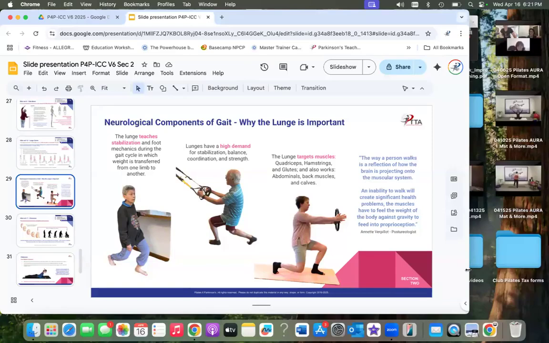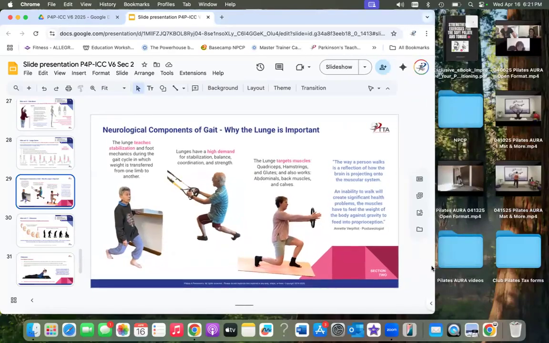Just take a guess. Suspension? The suspension trainer is more challenging. Yes. For that reason, as our clients start to decline in their stability, we start to introduce tools and props